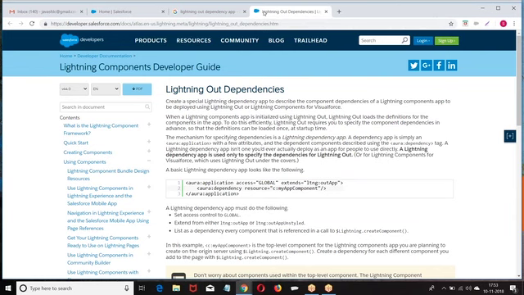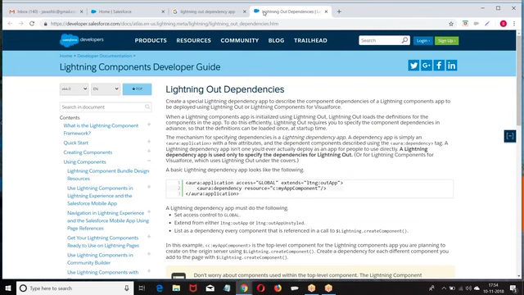Suppose if you want to use the same Lightning component within the Visualforce page or outside the Visualforce page. When I say outside the Visualforce page, I am designing an AngularJS page. Within that AngularJS page, I want to include the Lightning component we created. Whatever Lightning component we have created in Salesforce, I want to embed within the AngularJS page or within the PHP page or within the Heroku page or any third party application.